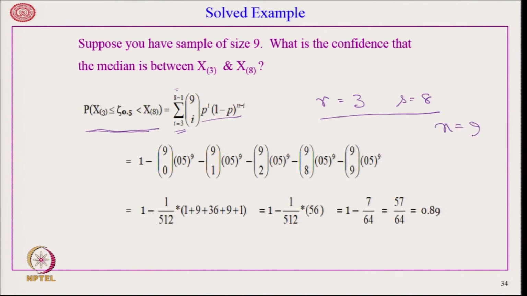Therefore, this is equal to 1 minus the probability of I equal to 0, I equal to 1, I equal to 2, and I equal to 8 and I equal to 9. So, I am just taking out all those terms which are not included, and that comes out to be, after this arithmetic,